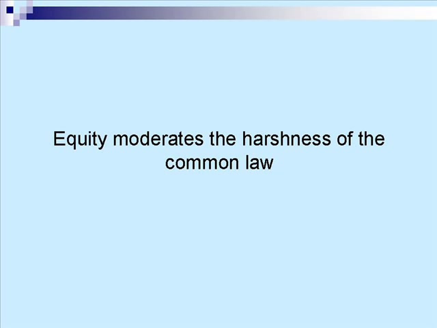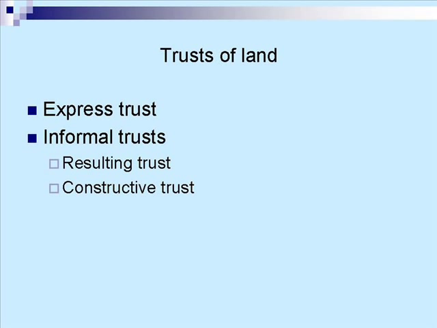position would be unconscionable. In Hong Kong land law, there are basically two broad ways in which a trust of land might arise. First of all, it could arise through an express trust, and that is where somebody who owns land transfers the title to the land to a trustee who agrees to hold the land on behalf of a beneficiary. So if I wanted to give land to my son, but my son's only 3, so it wouldn't be sensible to transfer ownership to him outright, I could find somebody who was prepared to act as trustee, and I could transfer the ownership of the land to that trustee, but the trustee would own the land on the understanding that it wasn't his, but that he was to exercise his powers of ownership on behalf of my son, the